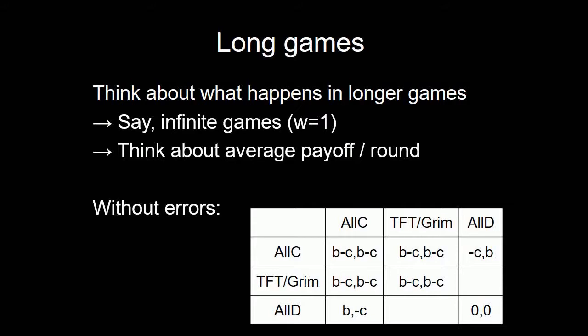the very first round, Grim or tit for tat cooperates. But then in every subsequent round, they defect. And because there's an infinite number of rounds, what happens in that first round doesn't matter, because it gets swamped out by the infinite amount of zeroness. And so that is effectively just 0. And so you can see that here, if it's just a world of tit for tat versus all D in an infinitely repeated game, tit for tat is really